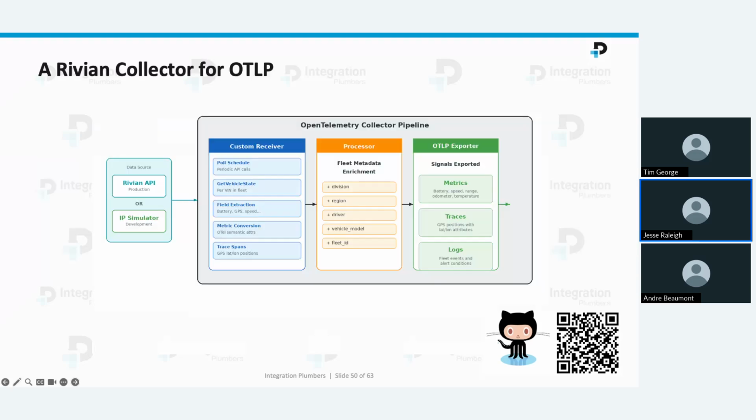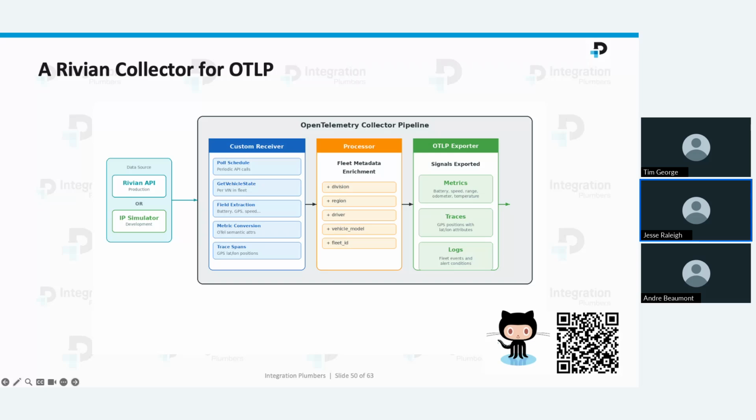The end goal of this entire effort is a custom OpenTelemetry collector pipeline, purpose-built for Rivian fleet data. The custom receiver pulls the Rivian API, or our simulator, on a schedule. It calls getVehicleState for each VIN in the fleet and converts the vehicle state fields into OpenTelemetry metrics with semantic attributes. GPS positions are emitted as trace spans with latitude and longitude attributes,